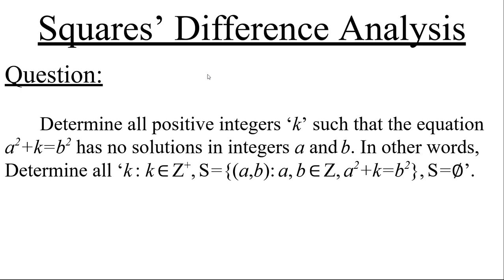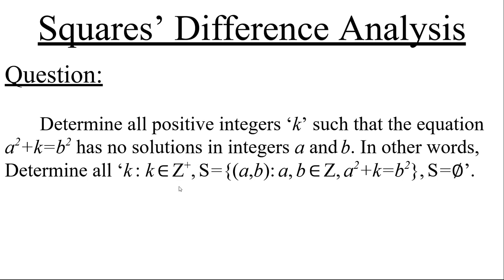So coming back to the question, as you can see here, it is a number theory question, and what it says is you have to determine all positive integers k such that the equation a squared plus k is equal to b squared has no solutions in integers a and b. So in other words, you can write this as k such that k belongs to